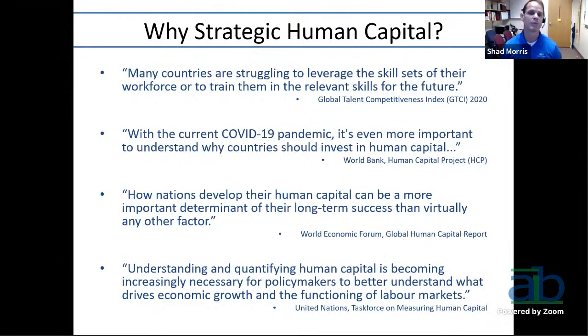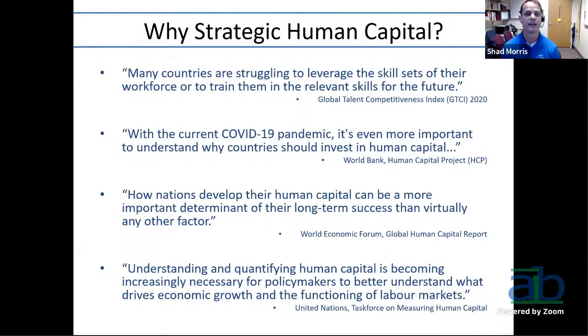For example, how do we expand from one country to the next? How do we manage this cross-cultural border venture? How do we avoid core rigidities and learning myopias? All of these factors are successfully or unsuccessfully accomplished through a geographically dispersed set of employees. Moreover, many countries and companies struggle to find, utilize, and train people with the relevant skills for an increasingly uncertain future work environment. And if you look here on this list of quotes, these are from multilateral agencies and different organizations